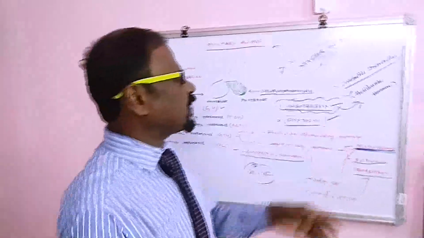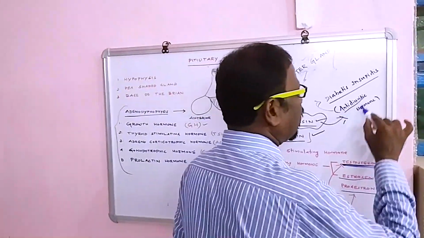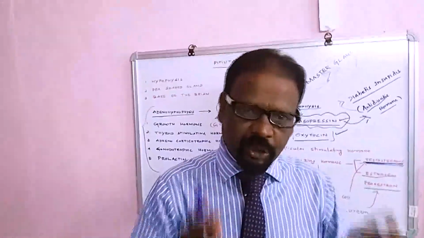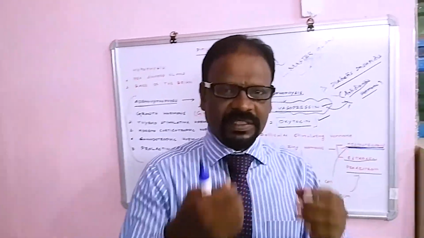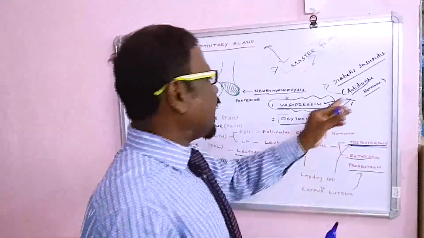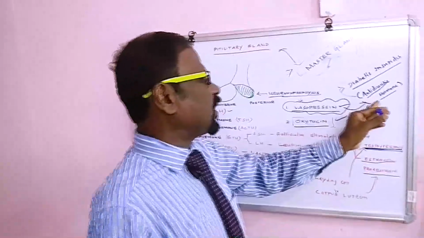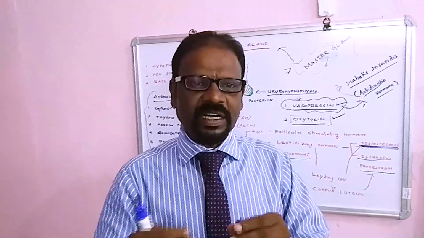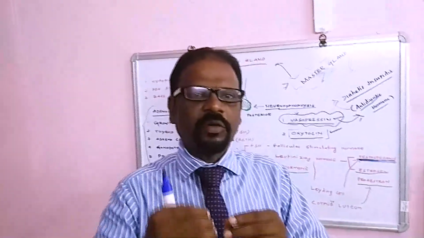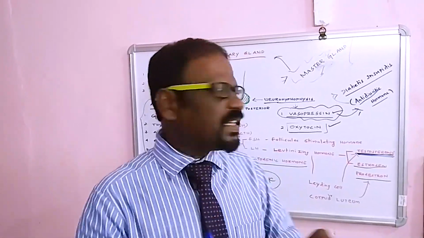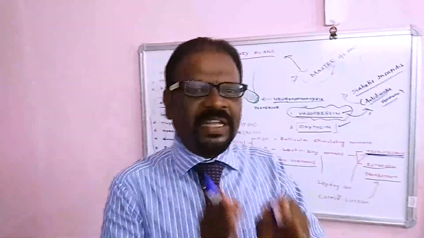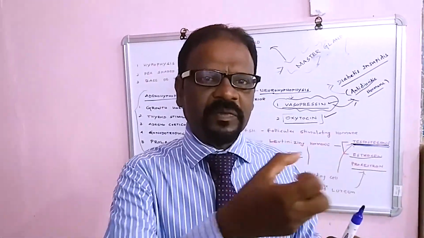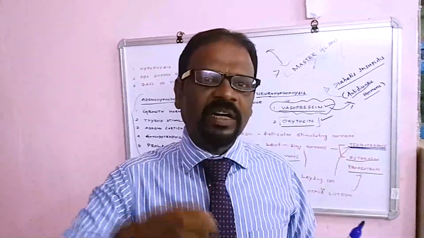So the vasopressin is otherwise called the antidiuretic hormone. The kidney, you know very well, has so many tubes which are reabsorbing the water. So this antidiuretic hormone, vasopressin, controls the loss of water through the urine. The deficiency of this hormone reduces the reabsorption. Opposite, if it is in the correct amount, the reabsorption will be more, and the water will not go through the urine.